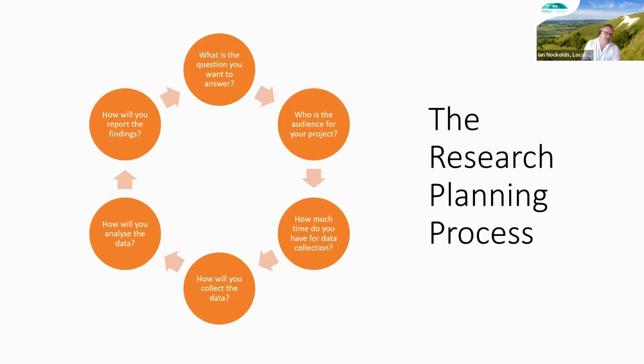So the research planning process is about identifying what it is you want to do, who it is you need to speak to, but most importantly, always having in mind what is the end result, what is the purpose for which you are undertaking a research or consultation exercise. Sometimes I talk about that being about the final report, almost having a structure, or even just a table of contents of the final report, even before you've put a plan in place, because that way you'll always make sure that everything that you do feeds back to what is going to be in that final report.